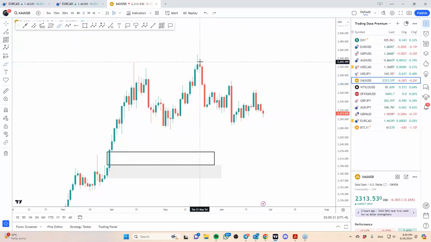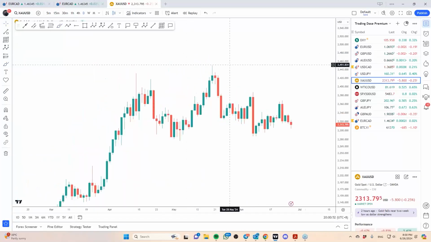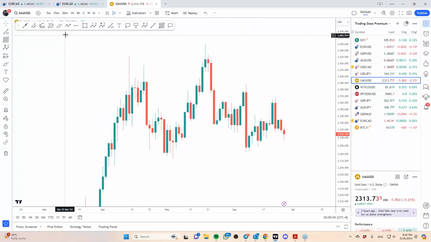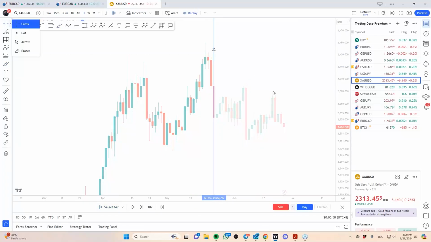Instead of just taking the first candle, what you want to look out for is what causes the market to initially go up and shift back down with momentum. It's actually the last candle that turned from bullish to bearish. In other words, if I zoom in a little bit more,